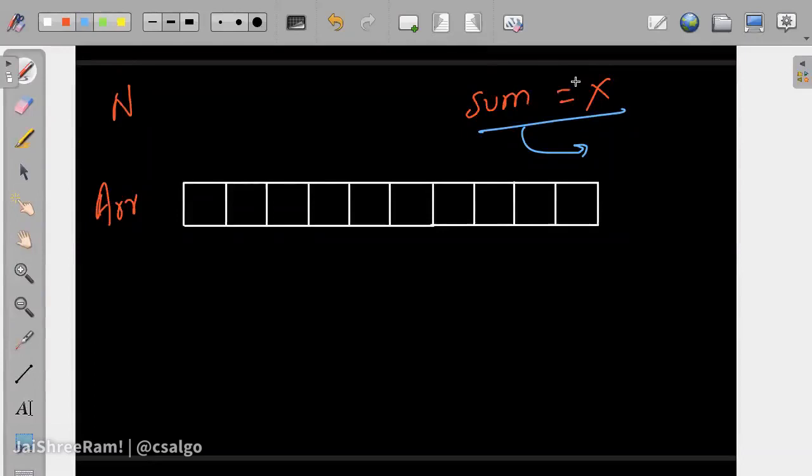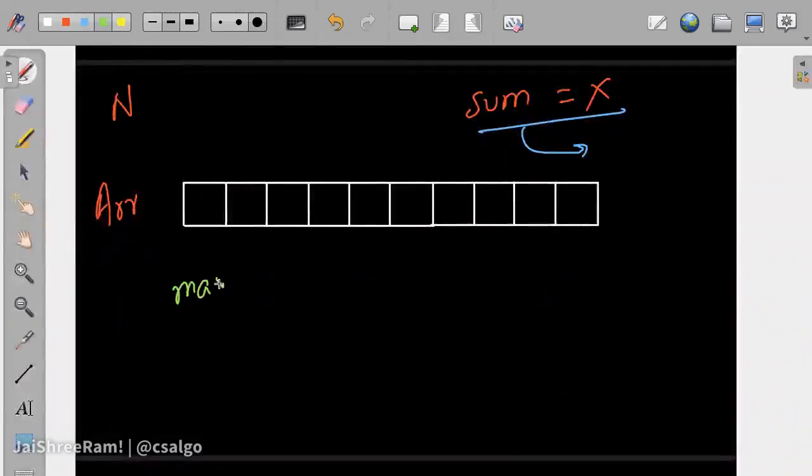Saurav says hash map and prefix sum. Yep, I think that's the idea. So we use a hash map or a map. There are two maps. Generally, when you say map, it's not actually hash map.